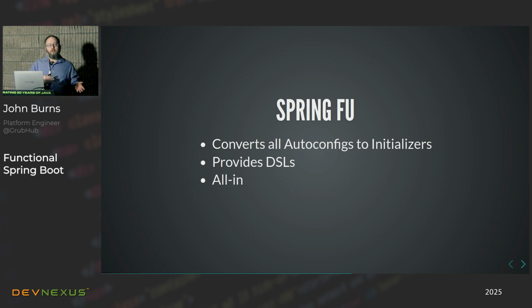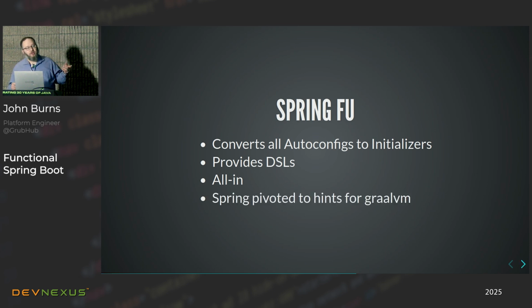But because it would require you to basically rewrite all of your Spring configuration code, it's not a good path to GraalVM. So what happened was that Sebastian was basically reassigned to take a different approach to GraalVM support, which involved providing those compiler hints to the AOT for Spring Boot so that it could do what it needs to do with reflection. And then no one has to rewrite their stuff. You can just run your Spring Boot app on AOT now, and it's great. And that project all went very well, but what it meant was that the Spring Foo project was kind of abandoned at that point. Now, some of it did get contributed to Core Spring.